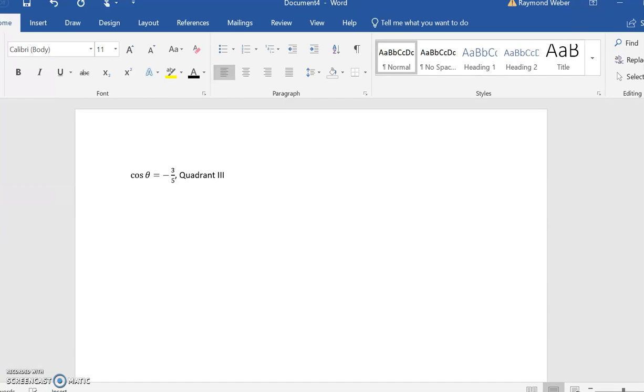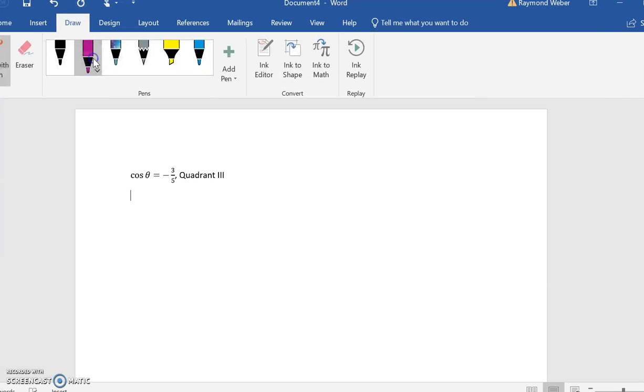Okay, we are told that cosine theta is negative 3/5. We're in quadrant 3 and we want to find the other 5 trig functions. Now I'm going to be honest, you could do this the way we've been doing it, but we want to try out our new cool identities. And there will be times when you can't use the traditional methods and you'll want these, so it's good practice